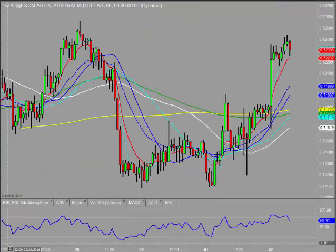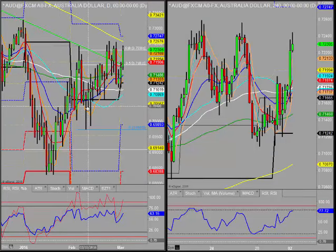Aussie dollar. Well, through the Asian session, the data came out on the GDP, and this proved to be a slightly positive surprise. And we saw quite a kicker from that. It's only a 0.1 surprise, although the previous was upgraded as well. So